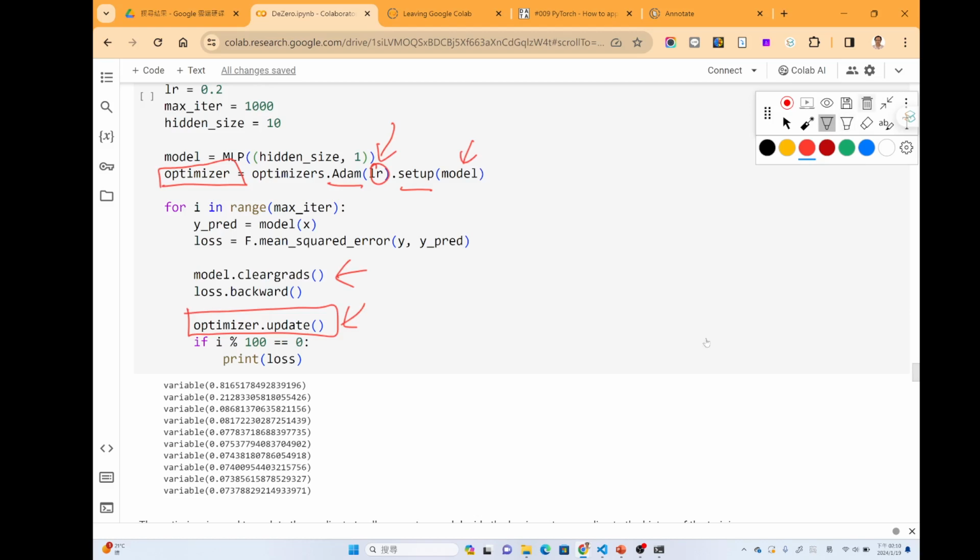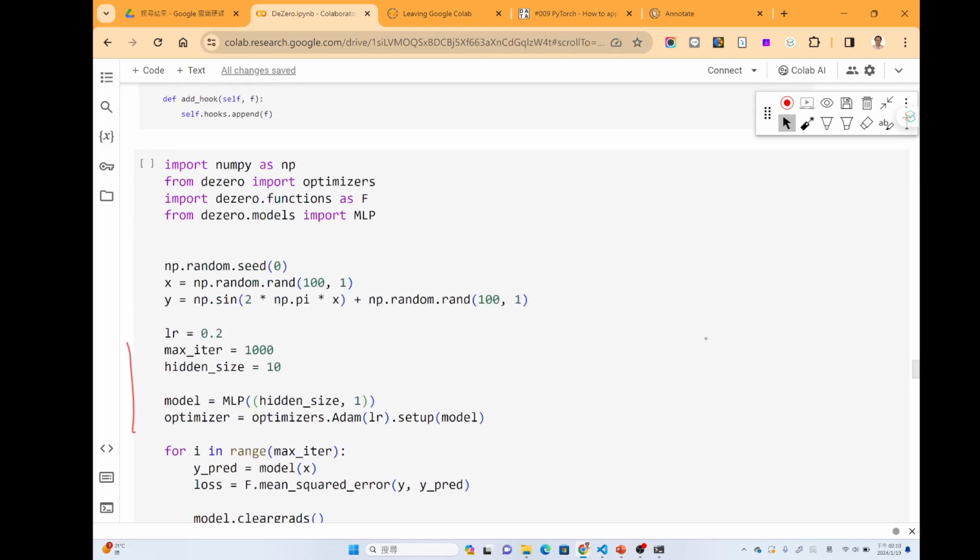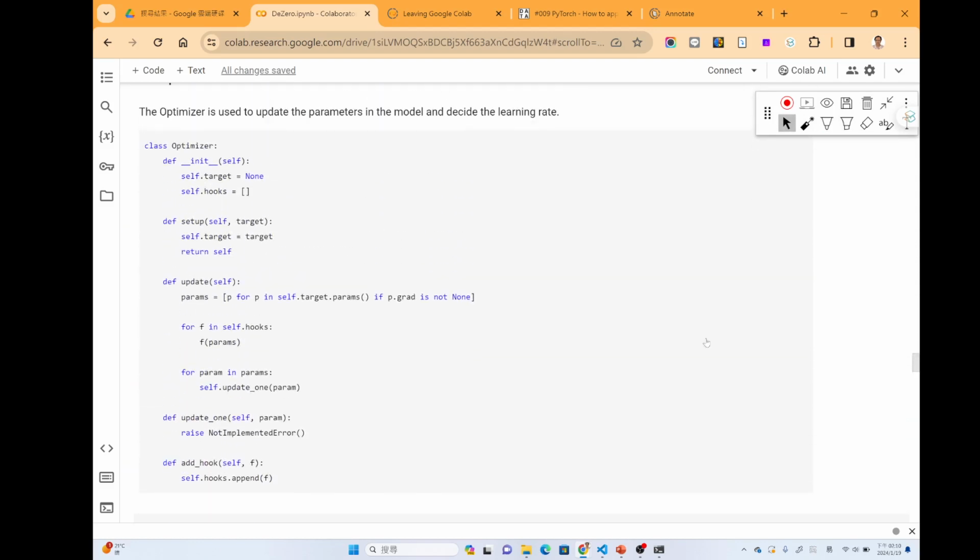Okay, but how is the optimizer implemented? We can check the implementation of an optimizer in DeZero. Actually, it's quite simple. We need to have the target here, and we might need some extra arguments, but they are not required, since different optimizers might need different parameters.